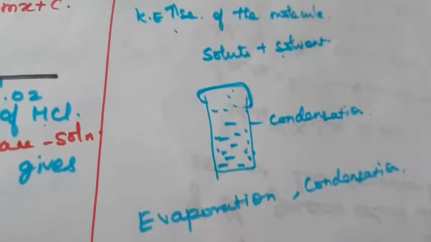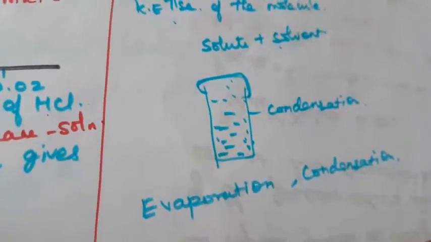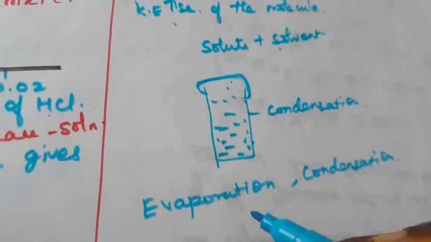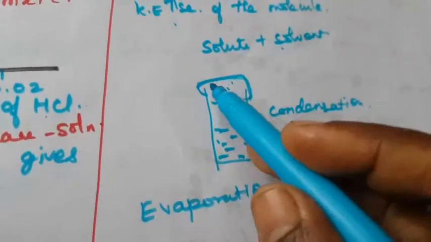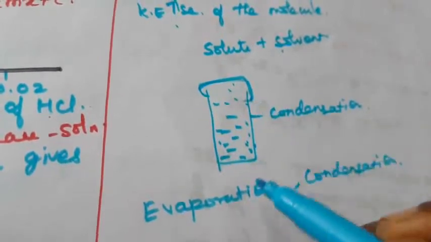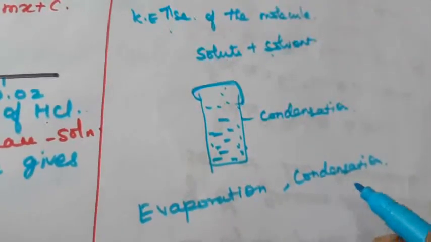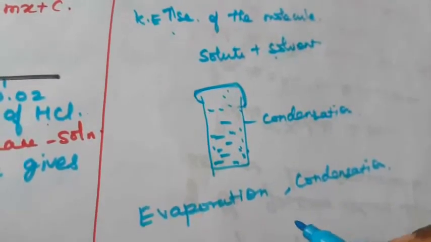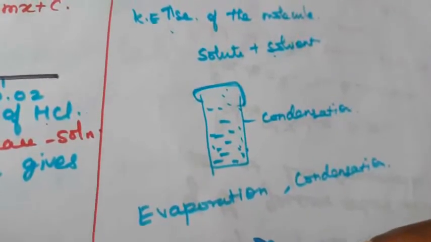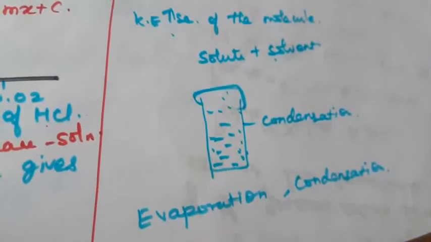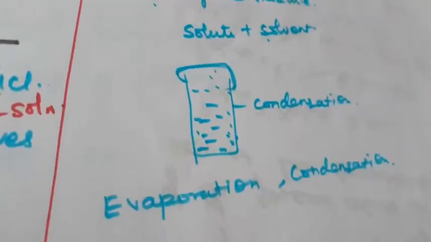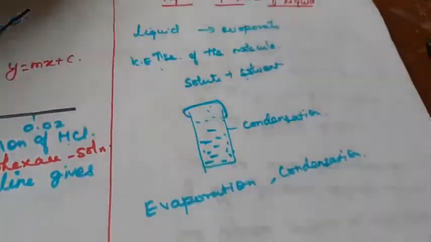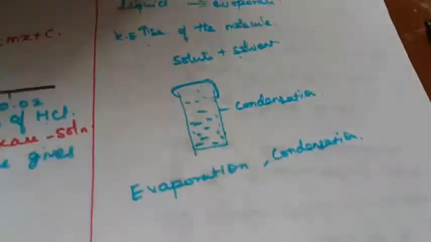If the process is carried out in a closed system, a stage is reached when the rate of evaporation becomes equal to the rate of condensation. In the closed container system, the rate of evaporation and condensation will be equal. But in the open system, the vapor pressure of the liquid depends on its nature, temperature and surface area. This is one example that proves it. So what is that example?